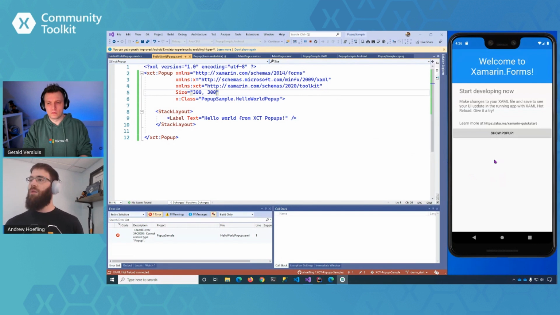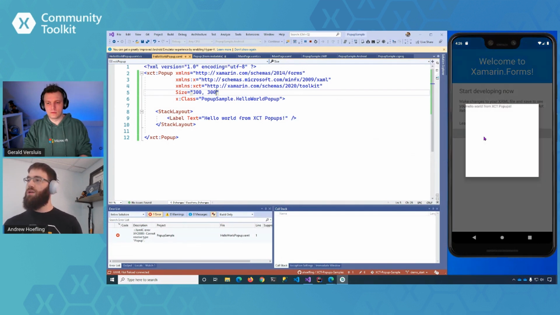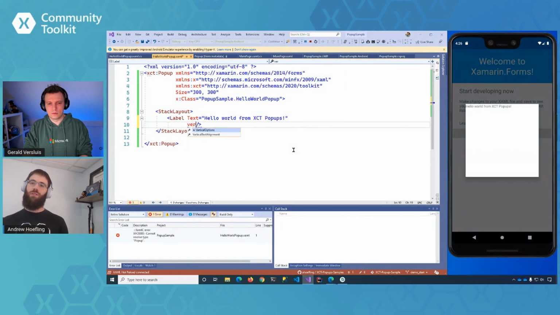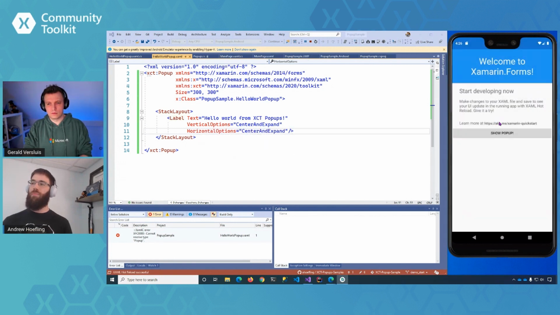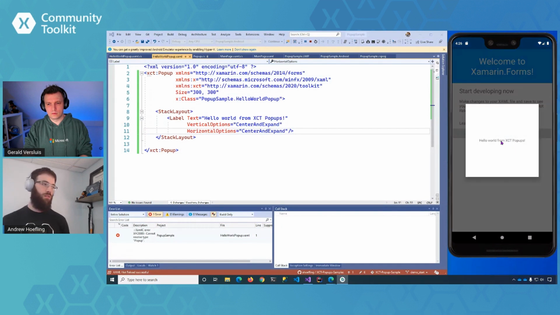Okay. So let's get the pop-up rendering. So there, the pop-up is now rendering at a better size. It says hello world. So if I were to go and update the positioning of this, we said vertical options, we'll say we want our message to be in the middle, let's say. And I hit save, nothing happens. But if I close the pop-up and I render it again. Right, okay. Gotcha. So it kind of works.